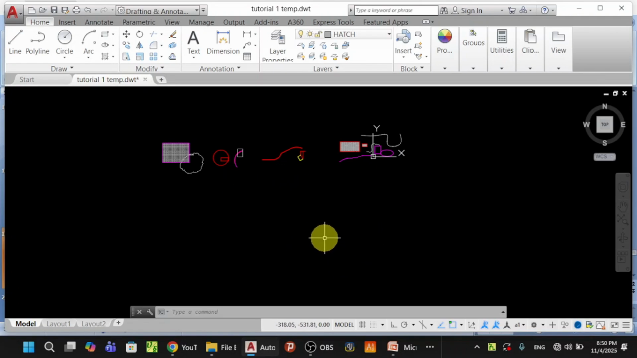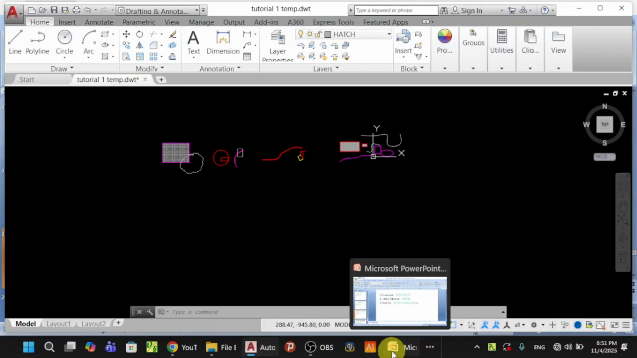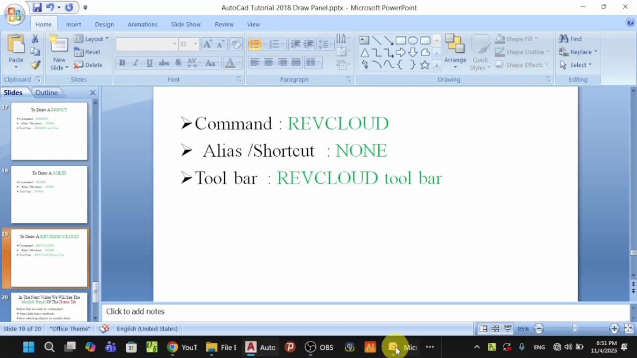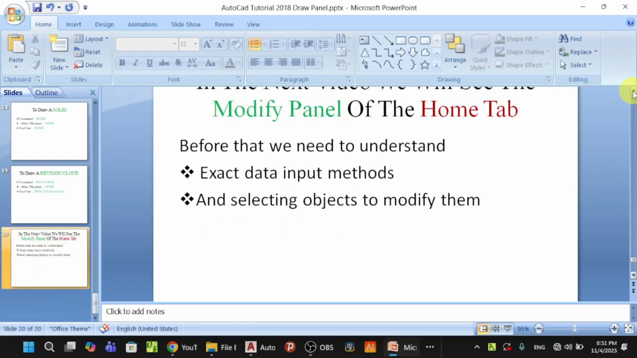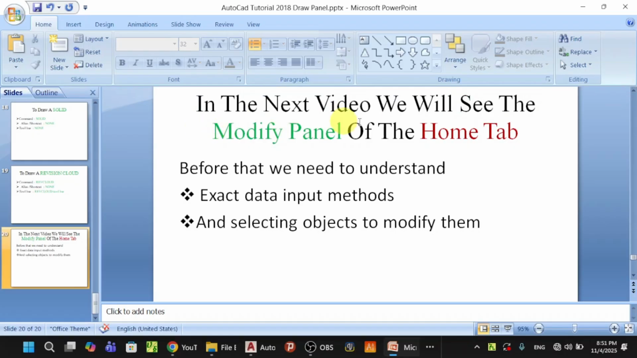This concludes the home tab and the draw panel session of our tutorial. Thank you for watching. Before I wind up, I already explained everything, but those things you have to understand when drawing. In the next video we'll see the modify panel of the home tab. Before that, you need to understand